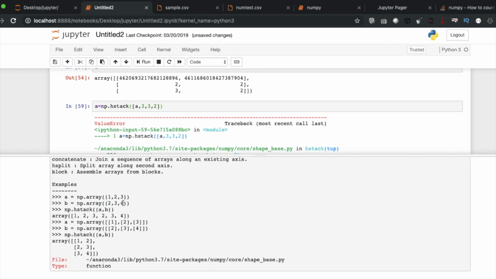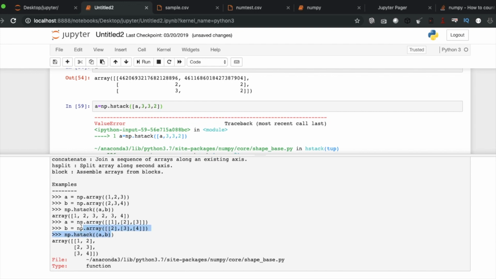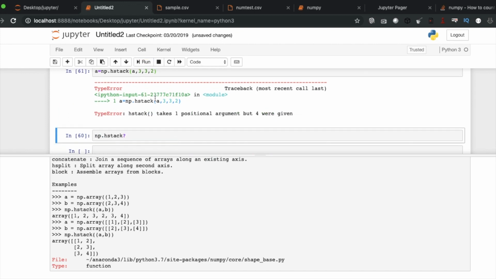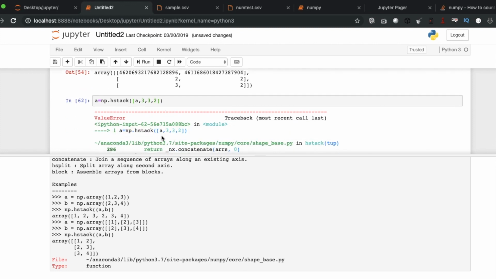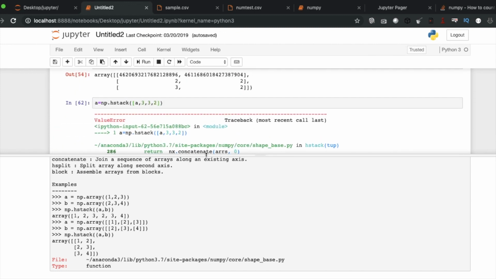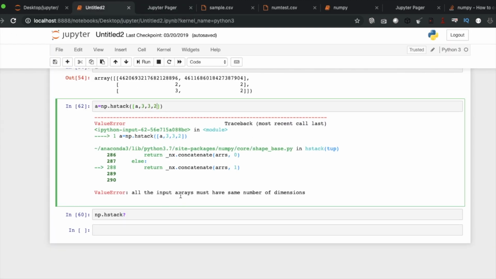One, two, two, three, three, four. Not sure what is happening. hstack. All input arrays in the same direction.